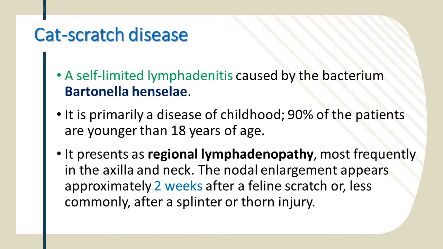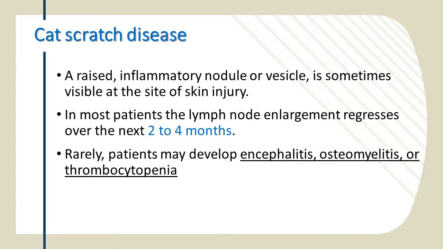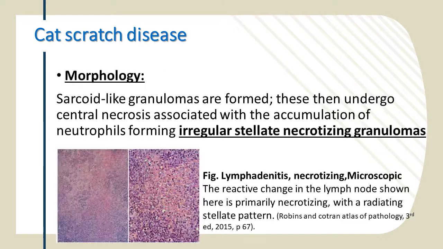As I said, it presents as regional lymphadenopathy, most frequently in the axilla and neck. The nodal enlargement appears approximately 2 weeks after the feline scratch, or less commonly after splinter or thorn injury. Accordingly, a raised inflammatory nodule or vesicle is sometimes visible at the site of skin injury. In most patients, the lymph node enlargement regresses over the next 2 to 4 months. Rarely, patients may develop encephalitis, osteomyelitis, or thrombocytopenia. Morphologically,